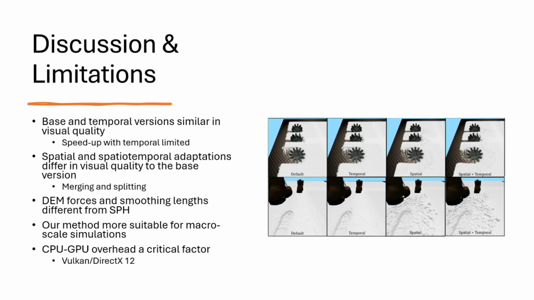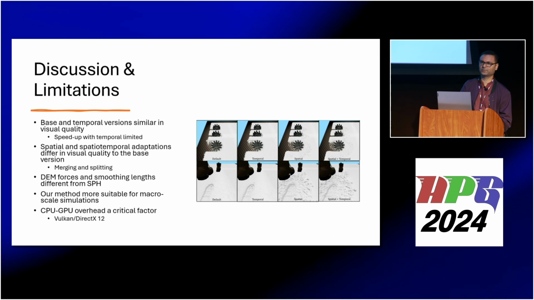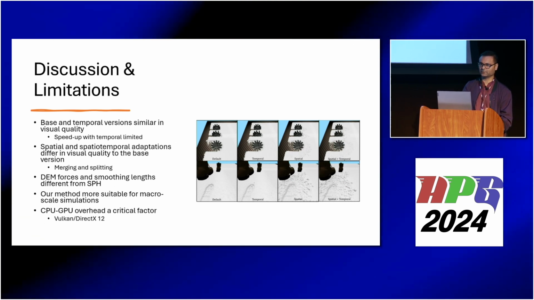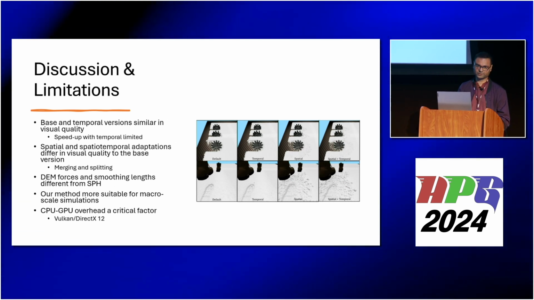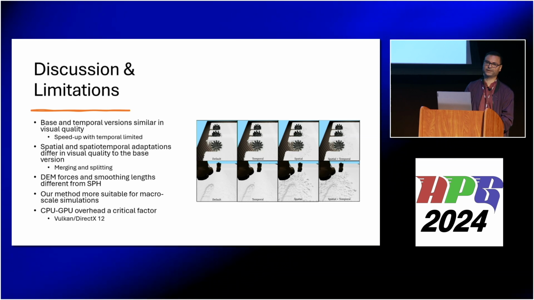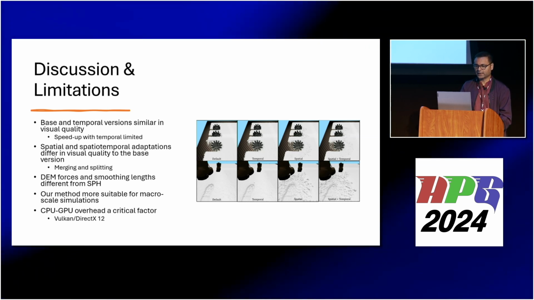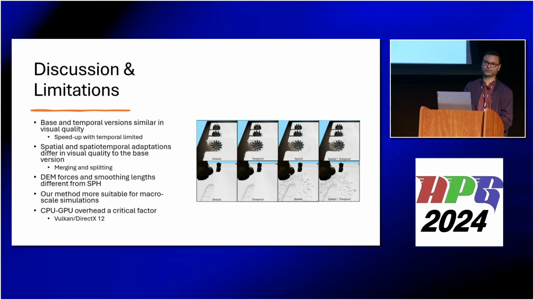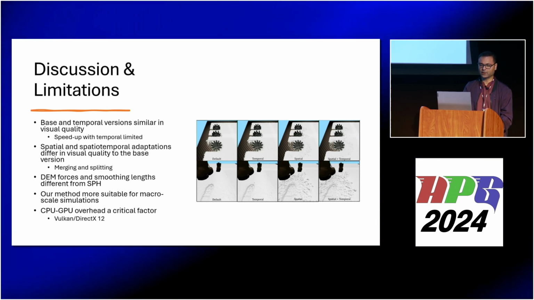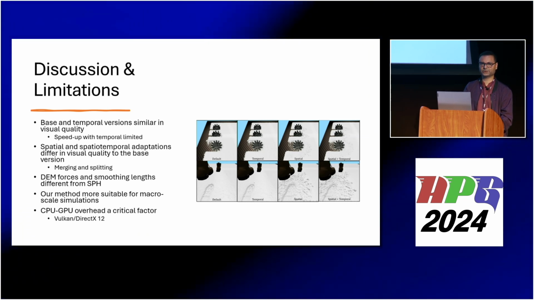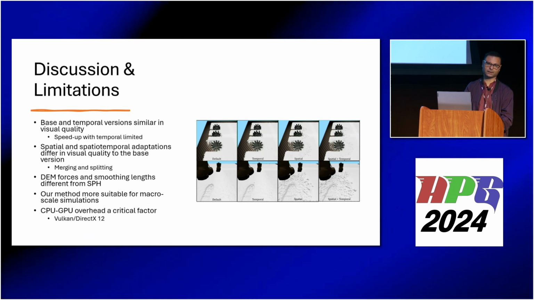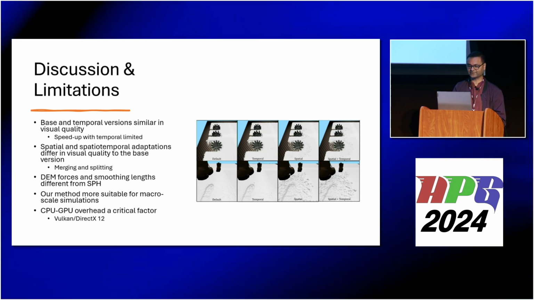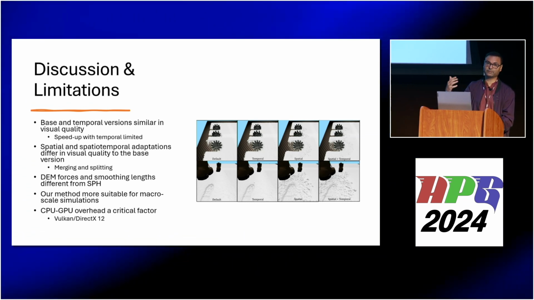So to sum up, we have presented our method that can provide speedups of more than 3.5 times in some cases with 3 million particles by applying spatial and temporal adaptation. The quality of the base simulation and the temporal adaptation only are very similar. On the other hand, the spatial adaptation creates some additional effects which could perhaps be minimized in future